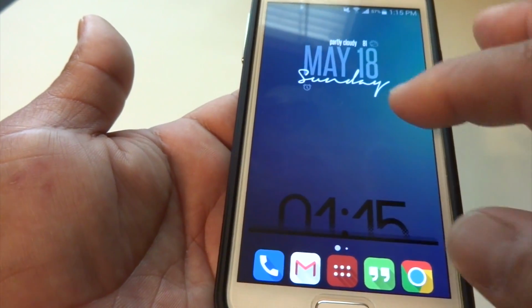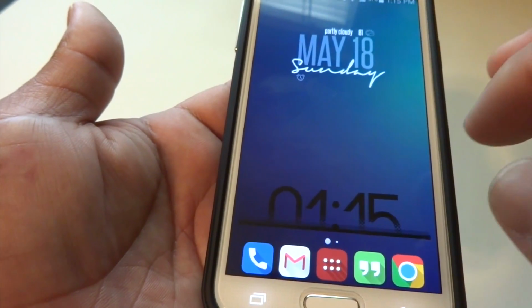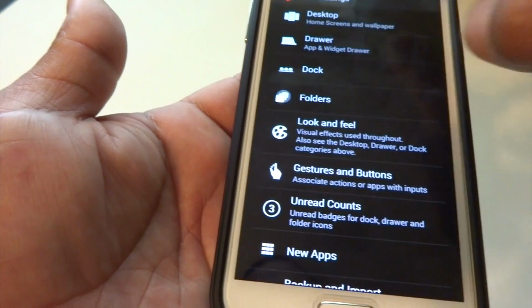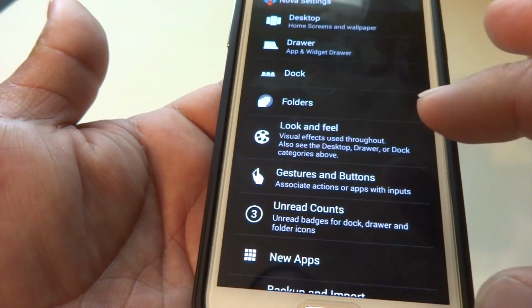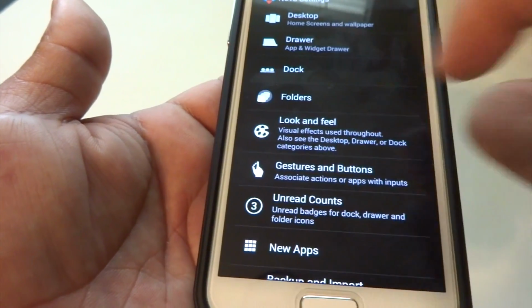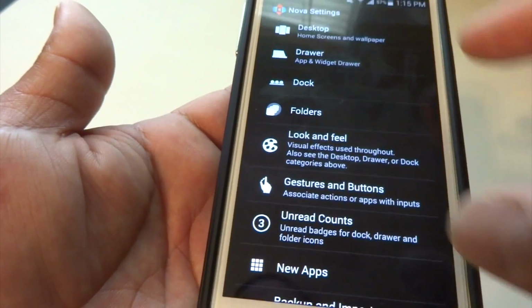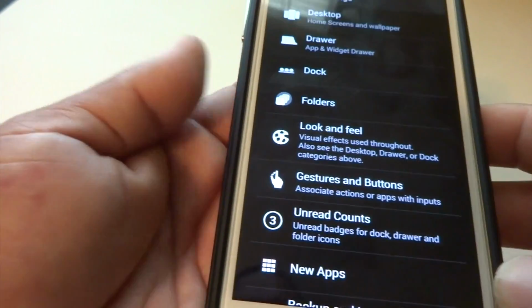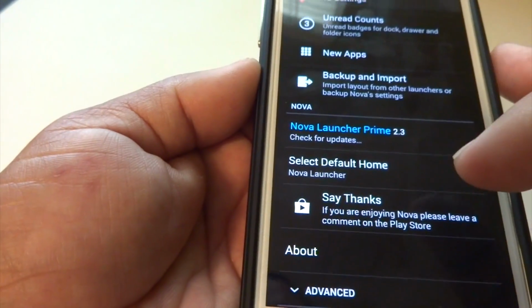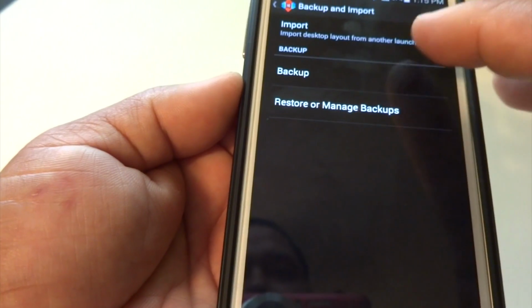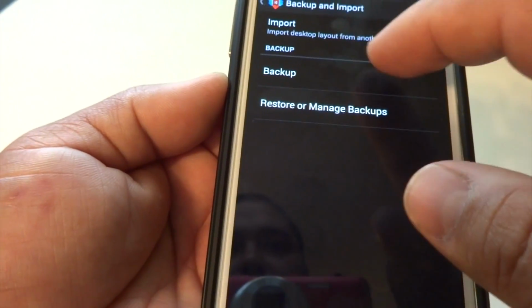So okay, we're going to go back into settings, and now when I tap on there like that, I'm trying to get in between where the widgets are, trying to find a spot where the screen is empty. If I tap and it doesn't do anything, it's because I've actually tapped in an area where the widget's supposed to be. So we're going to go to backup,